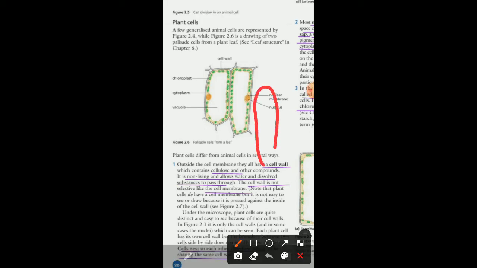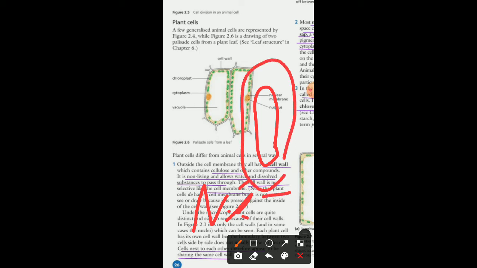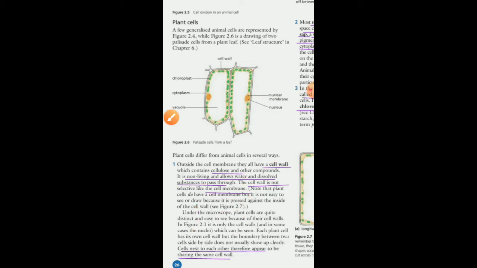So let's say this is the nucleic acid, and the nucleic acid is negatively charged, and in order to make any dye bind to it, we should use a basic dye that carries a positive charge. The next point is that the cells appear closer to each other and they might share the cell wall. Due to that sharing, they might show a darker color.